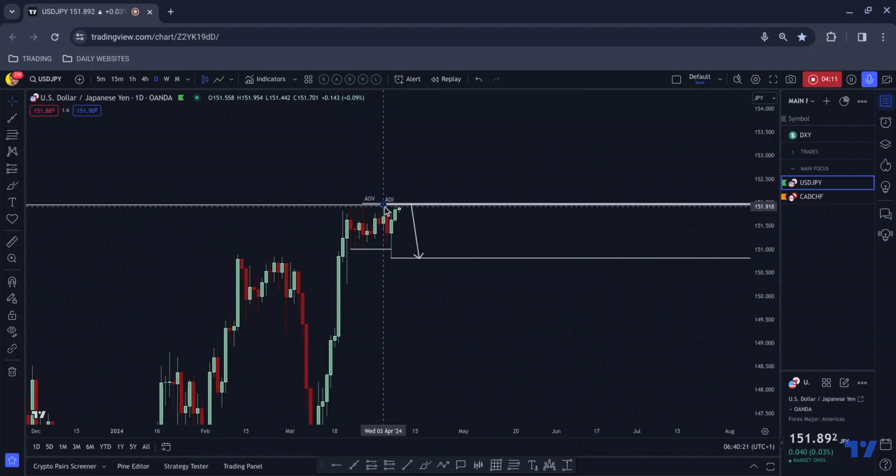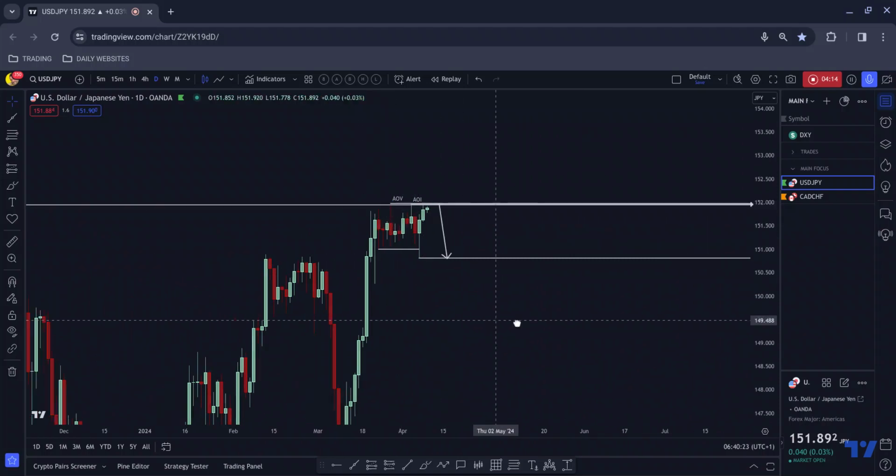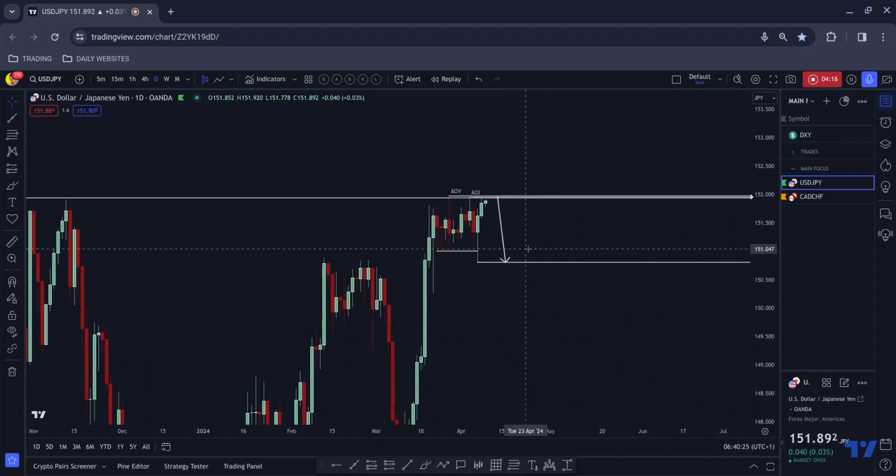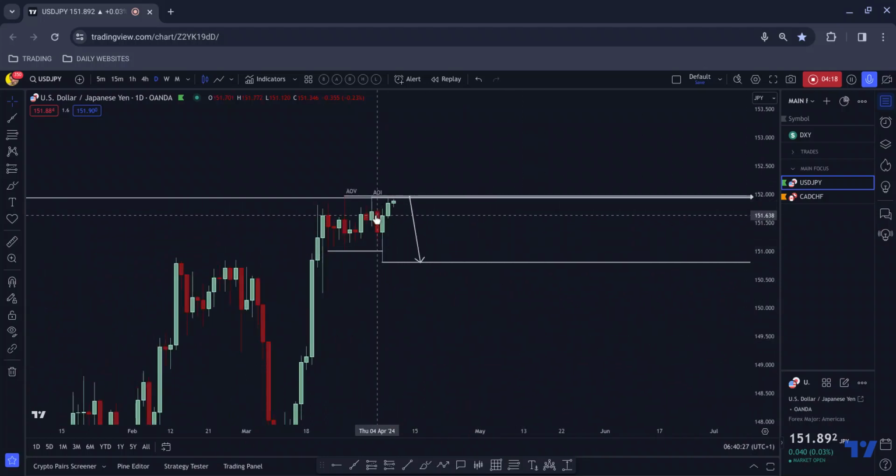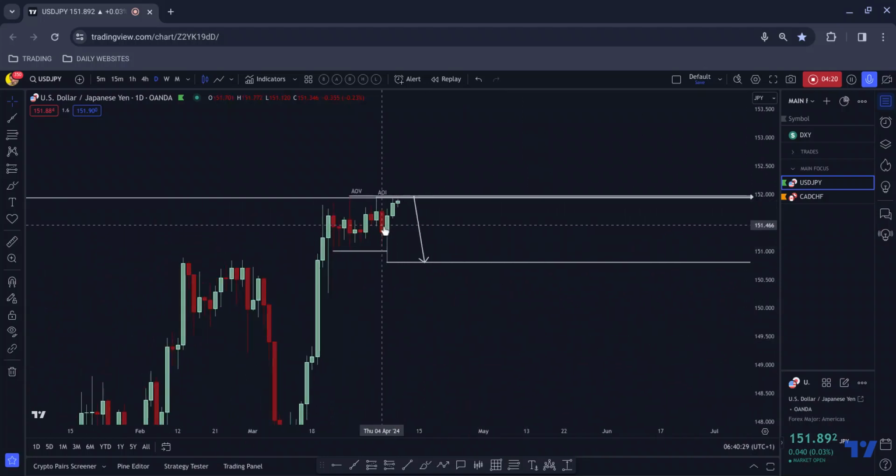We come back up, we tap the area again, but we don't really break above. So when we started to sell off from here, I was under the impression of what would likely happen. Again, we don't know what's going to happen in trading. We can only surmise based on the patterns that we look for and the patterns that we've seen in the past play out. I thought that we'd likely break below this area of consolidation, likely wick below it, and then